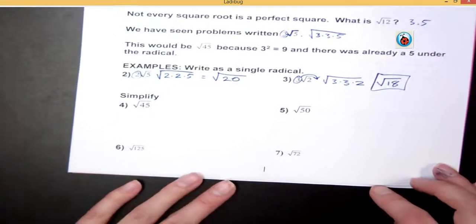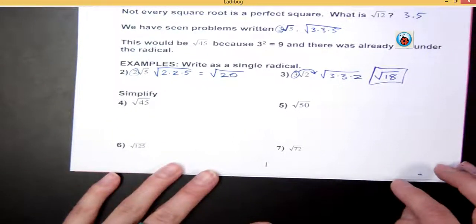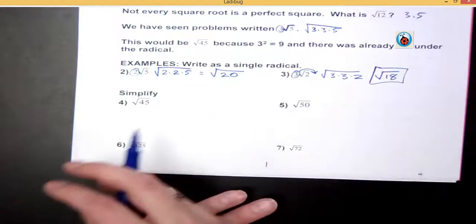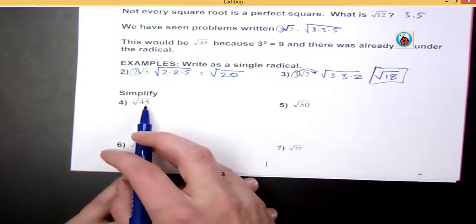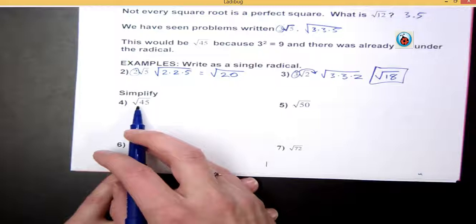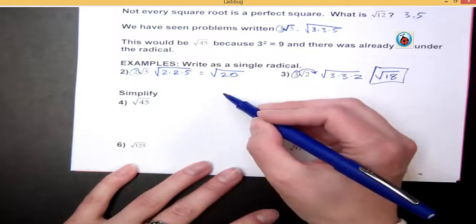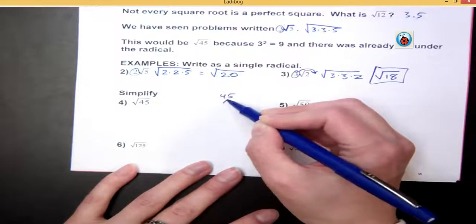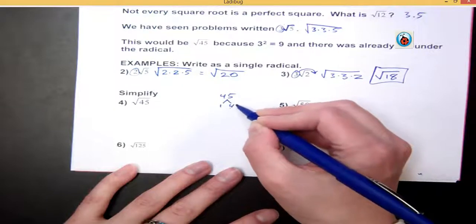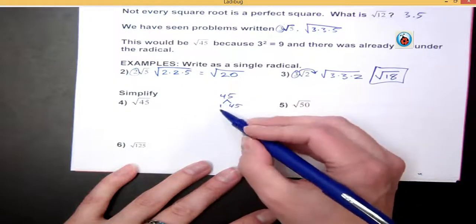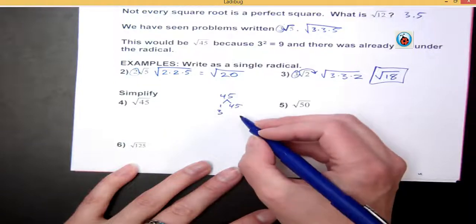What you are asked to do in math very often is simplify. So when we simplify, we have to say what perfect square is in there that we can pull out. There are 2 ways you can do this. We can take 45 and write out all the factors. So we have 1 and 45. 2 does not go into 45. We have 3